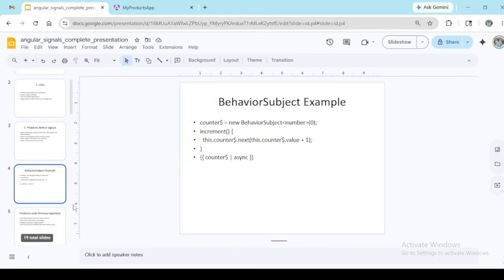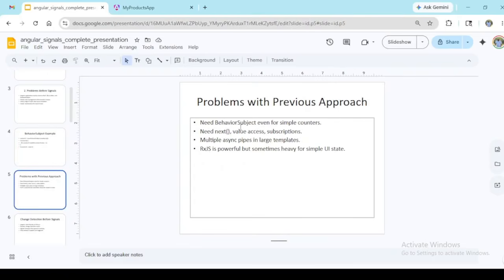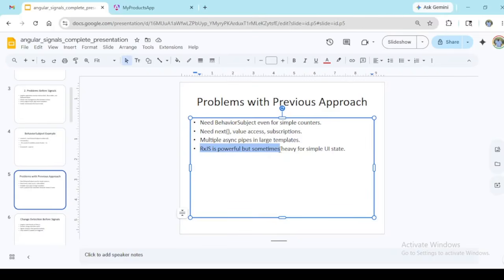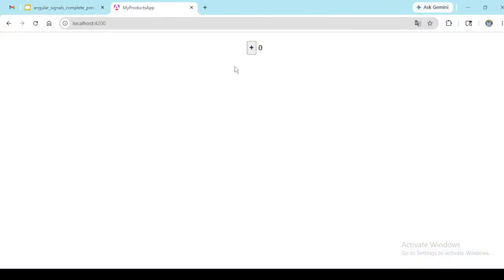What will happen with this behavior subject before signals is, it needs a behavior subject even if it is a simple counter, and it needs a next function to execute, and then a value accessor which needs to be executed. And also after the change of value, a subscription is needed, and then to render the value in the HTML template we need an async pipe. So this RxJS is powerful, but sometimes it is heavy for simple UI. If we see,